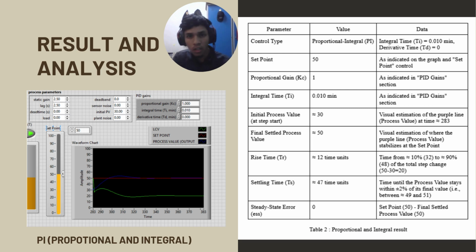The initial process value is approximately 30. The final settled process value will be 50, with a rise time of 12 time units, settling time of 47 time units, and steady state error of 0, because we got in our graph here the result on the